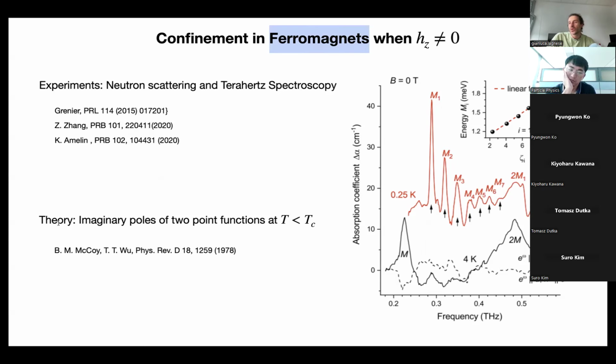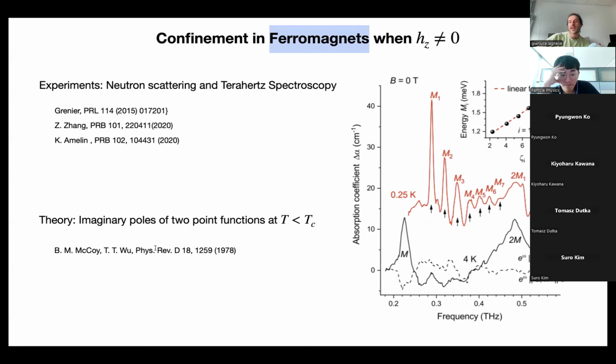There is also this pioneering work, McCoy and Wu, where they were studying an Ising field theory. It's the scaling limit of your model, the Ising chain on the lattice. By doing this, they were studying a two-point function, and they observed that when you are in the ordered phase, so the temperature is smaller than the critical temperature,